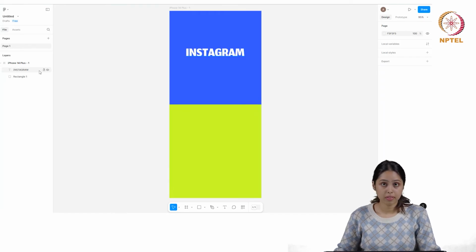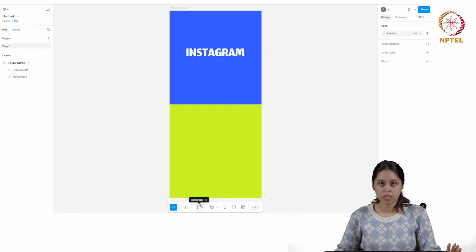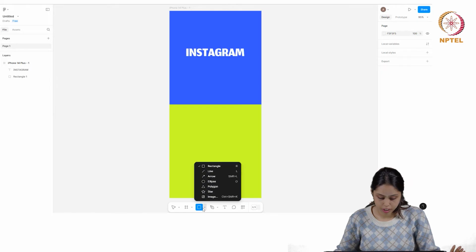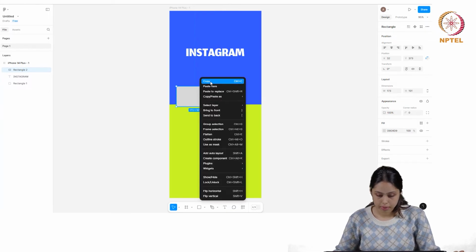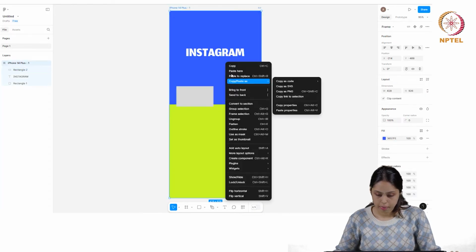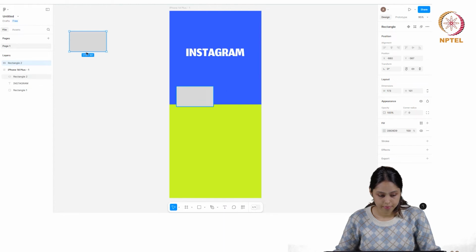So the first button that I want would be a login button, login or sign up. Okay, so let's just go to a different type of a shape that we want here. Let's go with simply a rectangle. You choose a rectangle here. Okay, and then you just duplicate it, copy, and then you just paste here. Yeah, okay. Let's just make it a bit smaller and then place it in between.